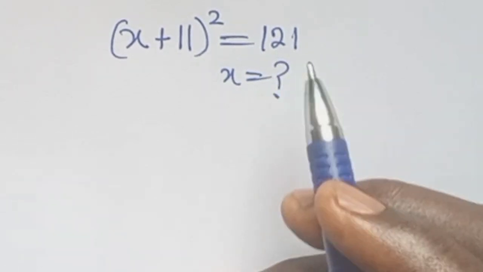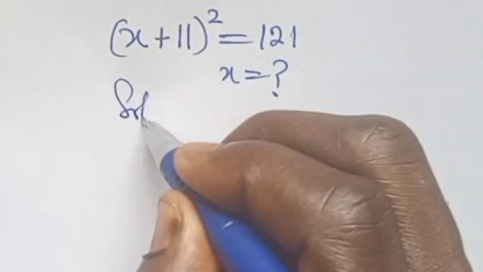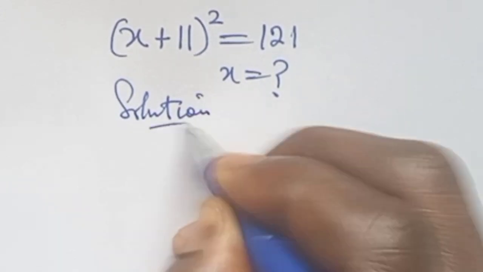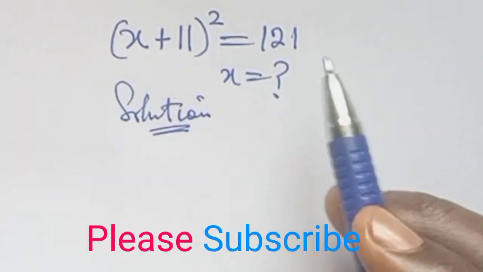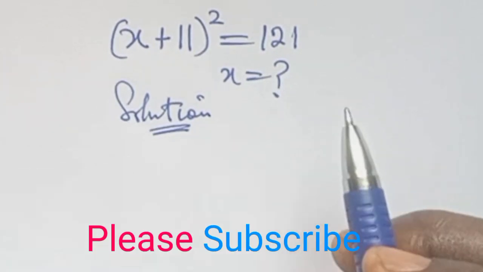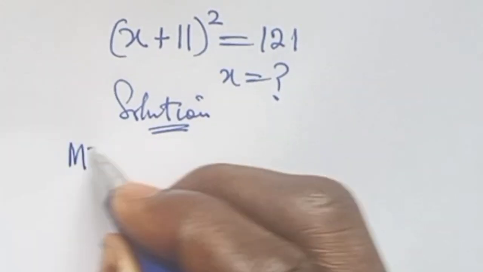Today we have (x + 11)^2 = 121, and x is the unknown. So let's solve together. We're going to solve this using two methods, and I would like you to stay to the end and see which method is your best. So let's start from method